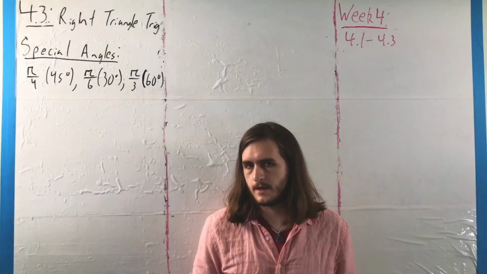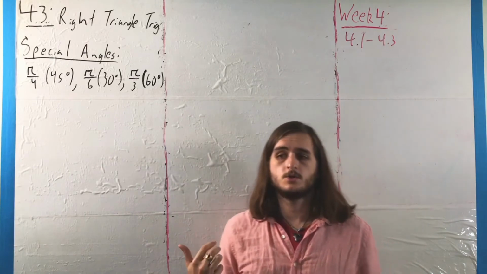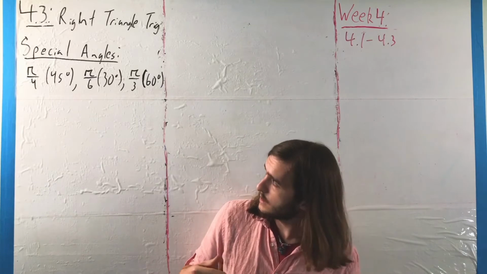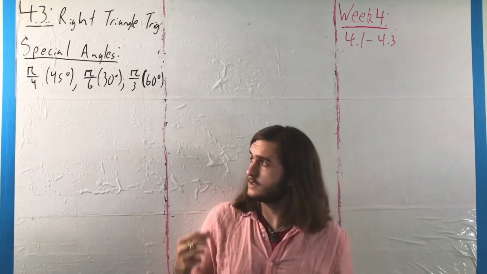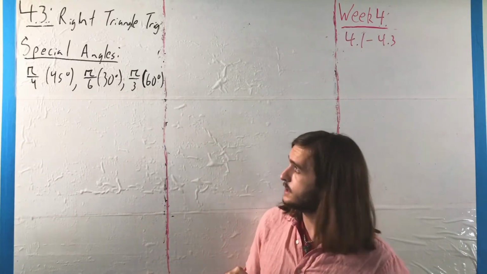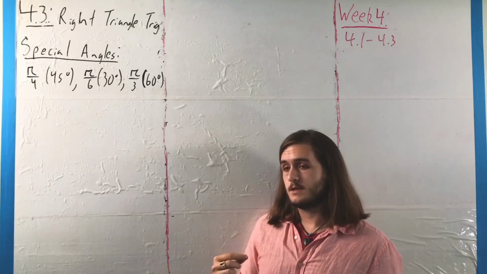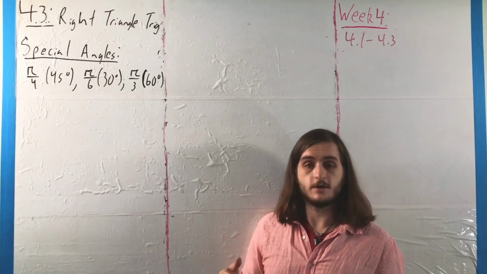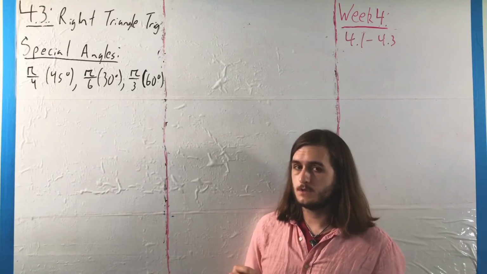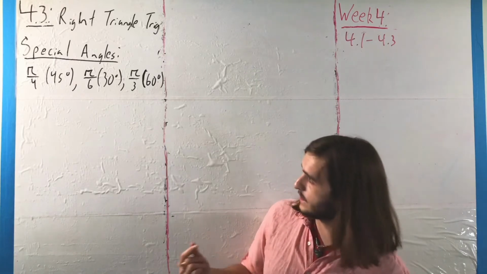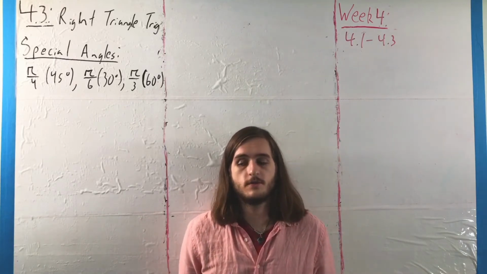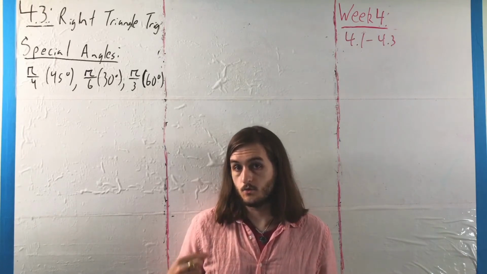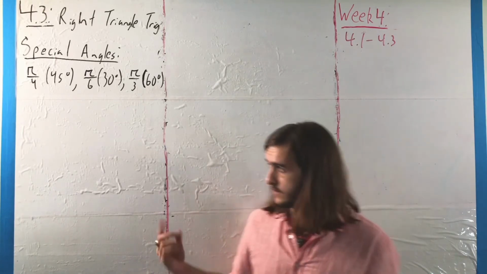So I mentioned earlier that with regards to our trig functions, there are a couple of really important angles that we can talk about, namely pi over 4 or 45 degrees, pi over 6 or 30 degrees, and pi over 3 or 60, because first, those follow nice patterns with regards to the values of our functions, but also because these allow us to connect our trig functions directly to some nice constructions in right triangles, namely the 45, 45, 90 right triangle,